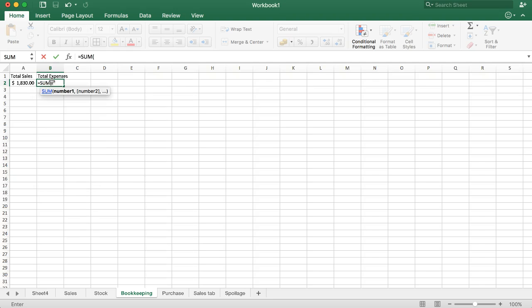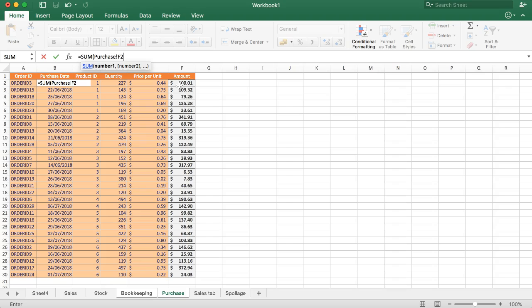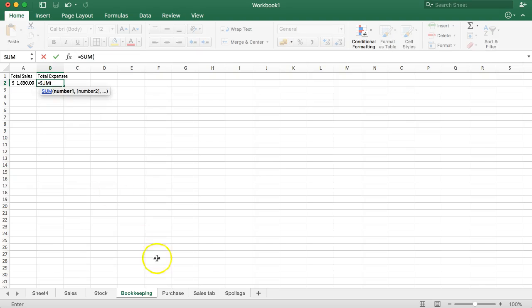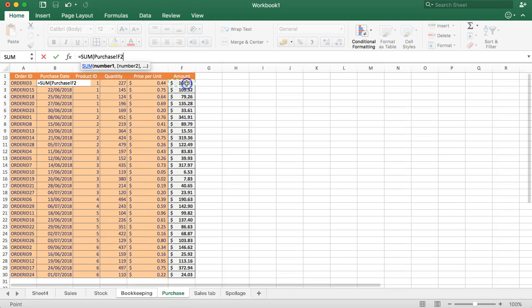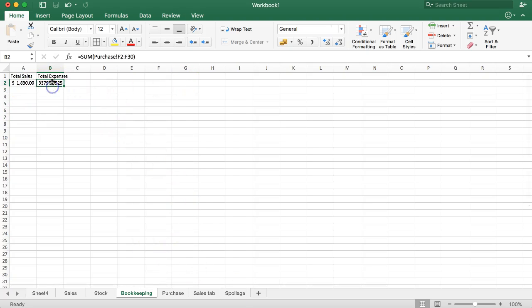This here sum, and then we have the purchase tab. No, something is not right, so I need to do it again. Sum, we have the purchase tab. We select this, going down, enter. All right, so we can see our total expense, and we need to add additional, and we say plus